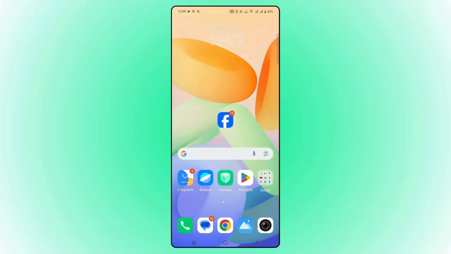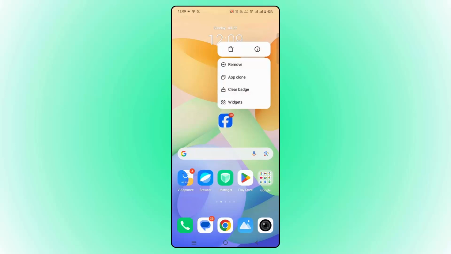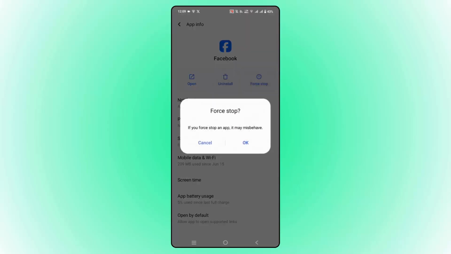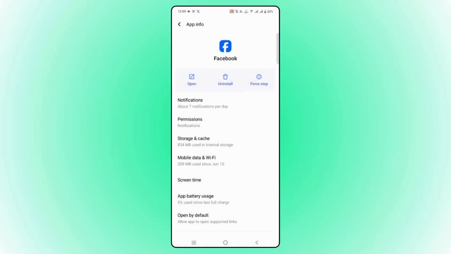For that, simply click on the Facebook app icon and then click on the I option here. Here you can see the force stop option. Simply click on it and then click on OK. This will force stop the app, and after that try to open the app and check if you can access it. If not, the next solution is to